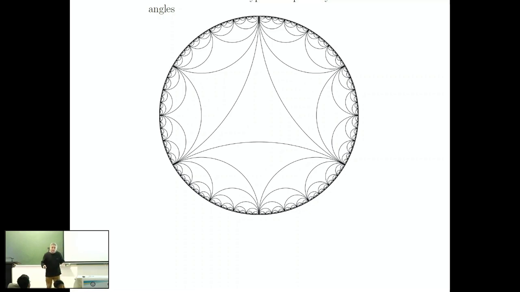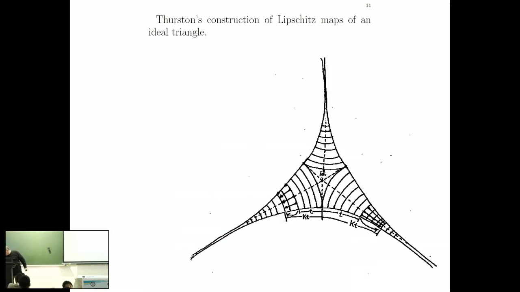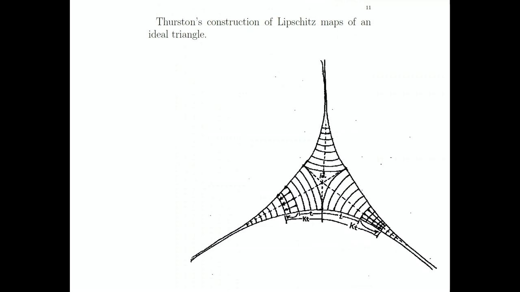So this figure will be valid for any ideal triangle, since they are all the same. They are all isometric. There's no difference between one or the other. There's a rigid motion of the space which takes me any ideal triangle to the other. So, okay, so I get these